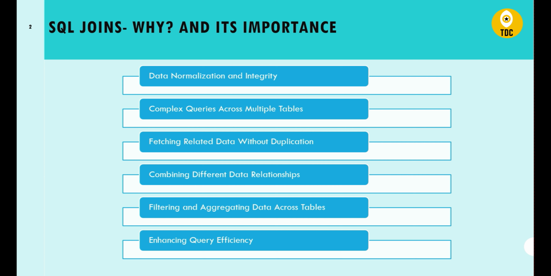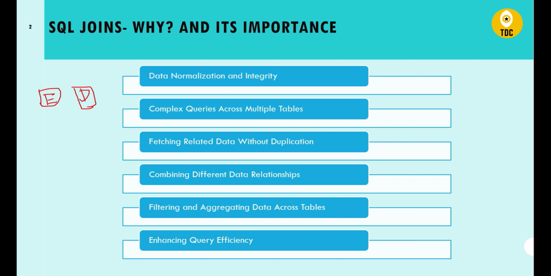So that is where joins come in handy to write these complex queries to fetch data from multiple relational tables in a single query. It might be just joining two tables, right? It might be just joining the employee table with the department table, or it might be the employee table, the department table, and